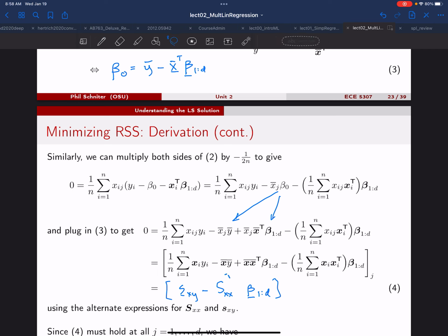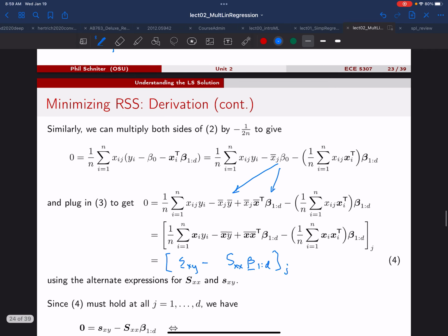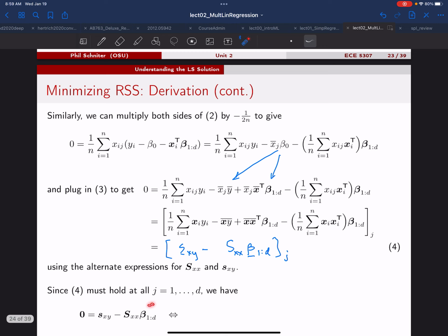Sorry, maybe I should move this a little closer. Okay. And this again is just, we're looking at the jth entry of this quantity. But we don't really care about what's happening in the jth entry. We want this to be 0 for all the entries j. So that means this entire vector must be 0, which is summarized here. The 0 vector equals this vector. And now we're almost done. We move this to the left side. We get